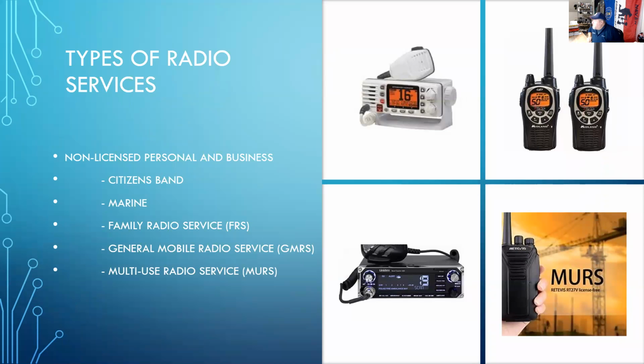And then here's where we start to get into... everything I've showed you so far has been receive only, right? So now we'll start to move into transmit and receive capability. And there are a few types of radio service that are not licensed that you can operate, transmit and receive. And these are, okay, Dale's got one there. That's the FRS, Family Radio Service,